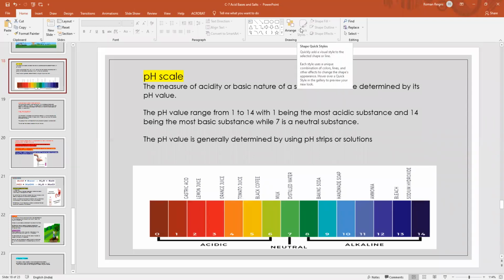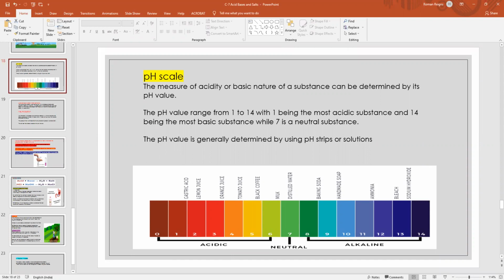Okay, to determine acidic, basic and neutral nature, the best parameter is the pH scale. There is one more. It is not an indicator; it is a type of scale. We have small strips of paper with a colored chart like this, on which you can see the digits from 0 to 14. That is actually the pH scale.